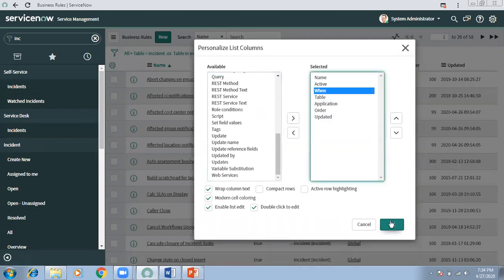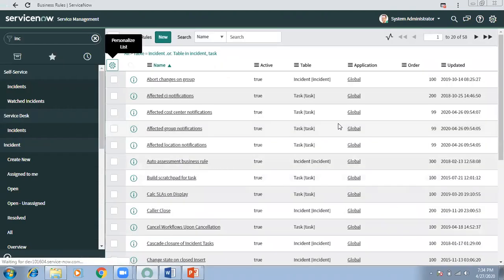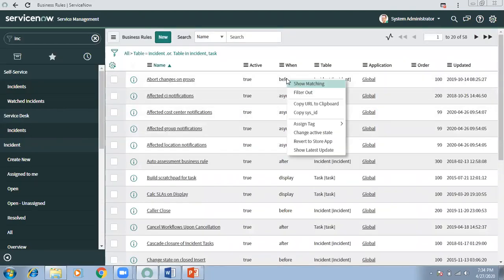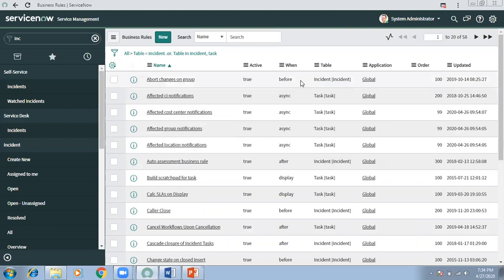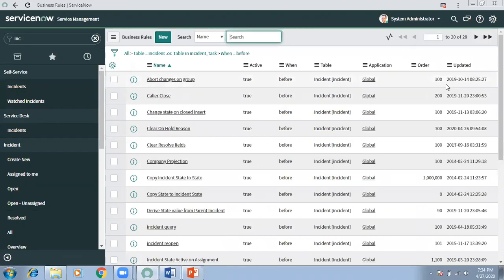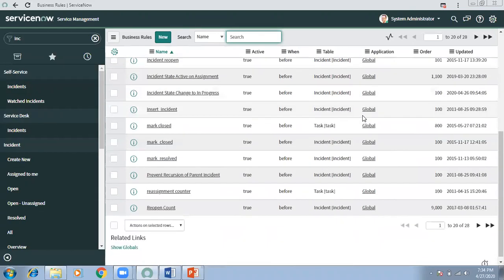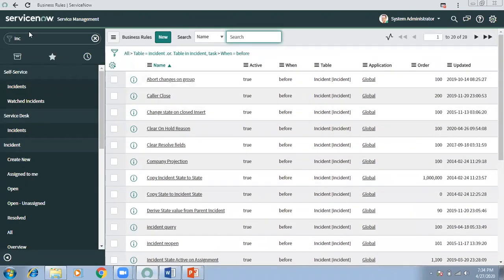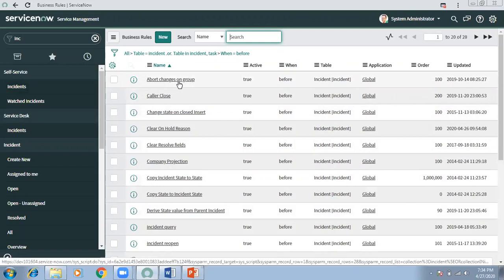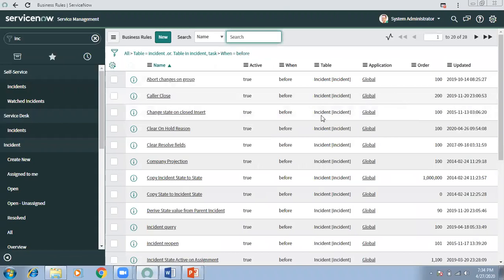So here, we have like 28 before business rules written on the incident table or task table. All these will get executed each and every time you save an incident form or update, depending on the conditions.